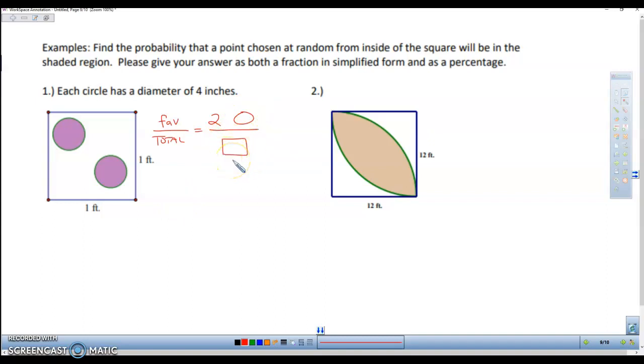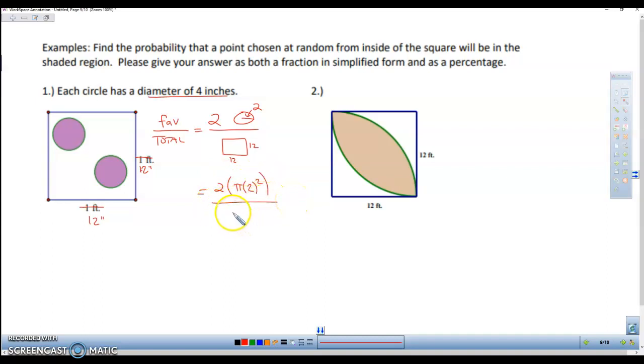Now, the square, just to make sure that I have the same units, right? The diameter of each circle is 4 inches, which makes the radius 2 inches. And then, in terms of the dimensions of the square, let's just go ahead and make common units. So we're going to make that 12 inches instead of a foot. So 12 inch by 12 inch. So, now here we go. This is 2 times pi times 2 squared